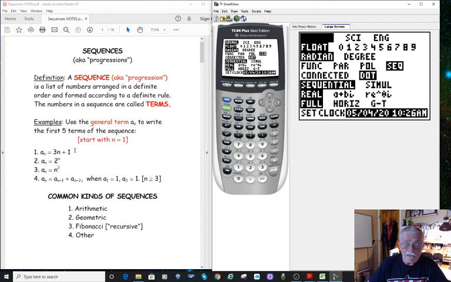Now, when you're counting things, you start 1, 2, 3, 4, dot, dot, dot. So actually, a sequence is a kind of function whose domain, in other words, the numbers that are going in, are the positive integers. So we typically start with n equals 1, n equals 2, n equals 3,